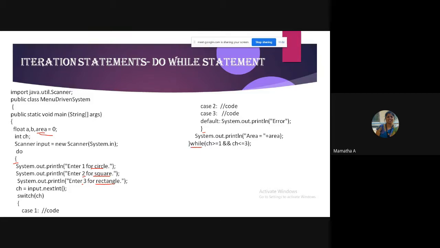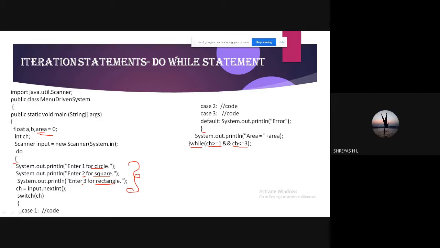What is the condition? While CH is greater than or equal to 1 and CH is less than or equal to 3. So I will repeat this again and again only when CH is between 1 and 3. If I give 4, will it print the menu for me?